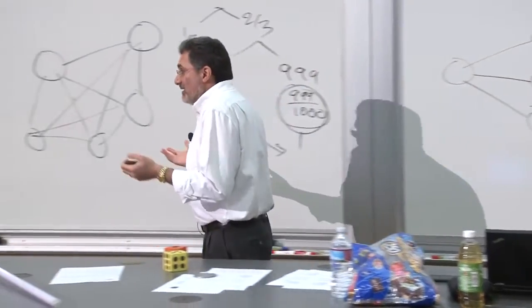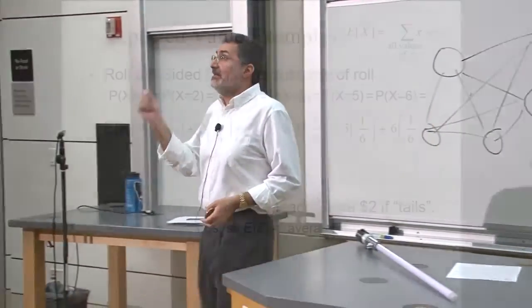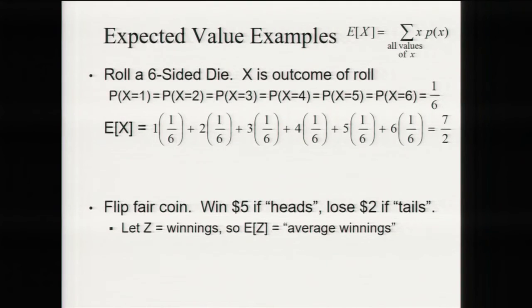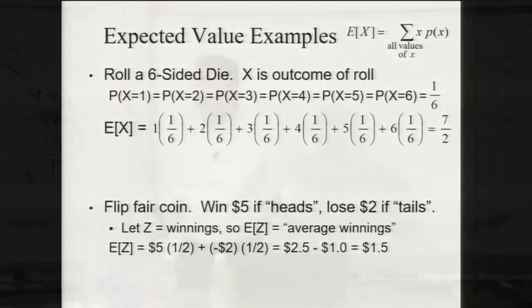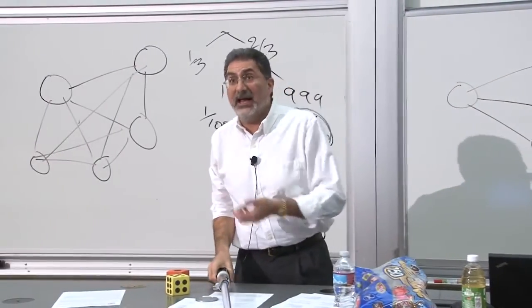So we can define this, look at this mathematically, and say let Z be our winnings. What's the average winnings of playing this game? If we think about the average winnings, it's 1/2, the probability of getting heads, times the outcome, which is we win $5, plus 1/2, the probability of getting tails, times the outcome when we get tails, which is -$2. We just multiply and add, and we get the average payoff of the game is positive $1.50, so it's